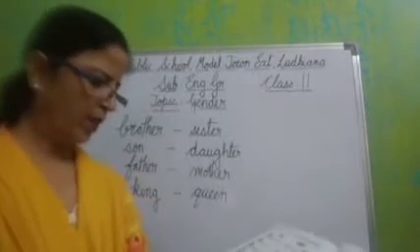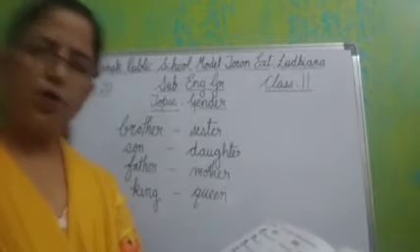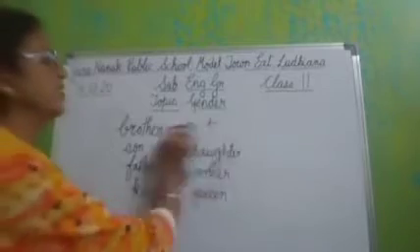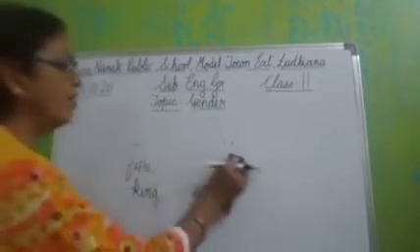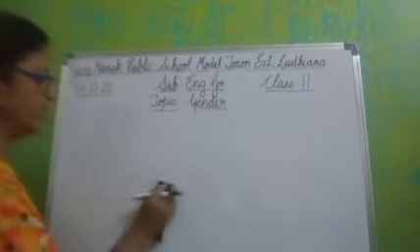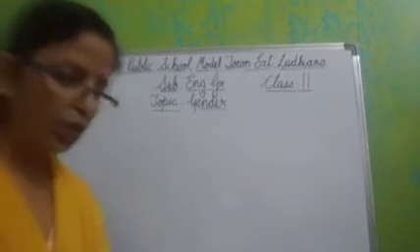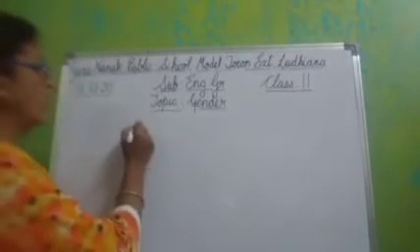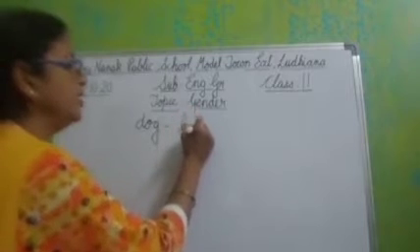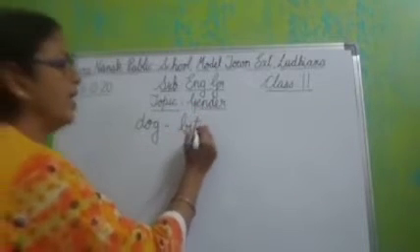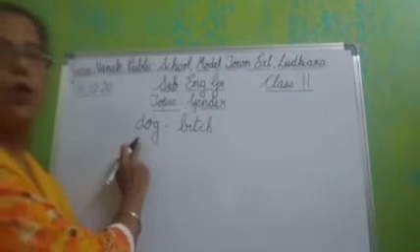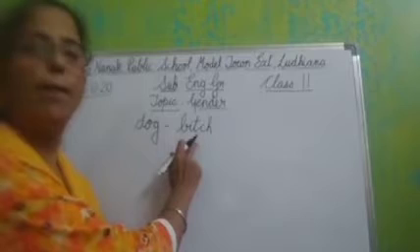See all of you. Boy, girl. All of you know this. Prince, princess. Now prince and princess. So you will write full prince spelling and then double S. So it becomes princess. Now see the next word. Dog. So the gender of dog is bitch. Now here P is silent. You are going to write B-I and then C-H. So it is bitch. A male dog is called dog and a female is called a bitch.